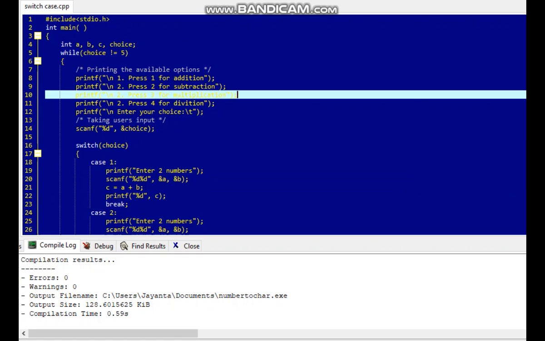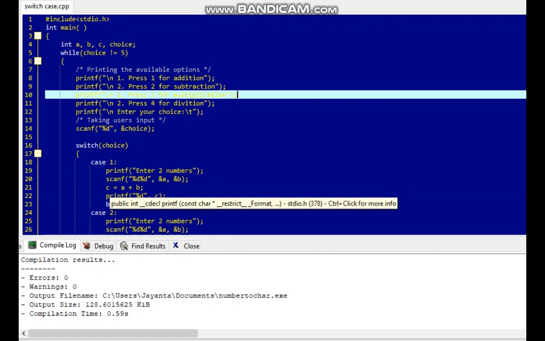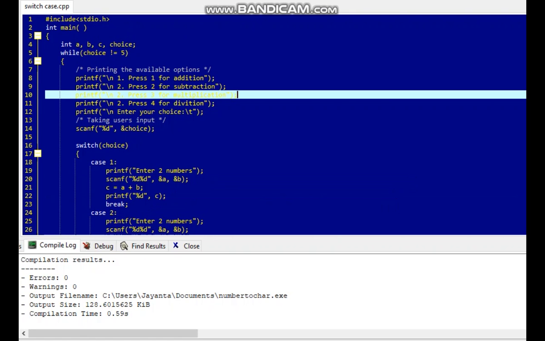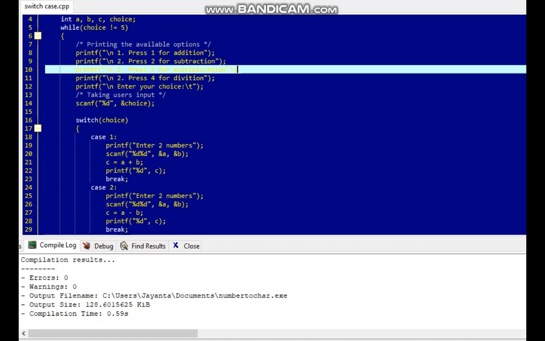The printf message is: enter two numbers. After giving those two numbers, they are taken as input through the variables a and b. The logic here is c equal to a plus b, and printing c, which is the result of the sum of a and b. After that, the break statement.